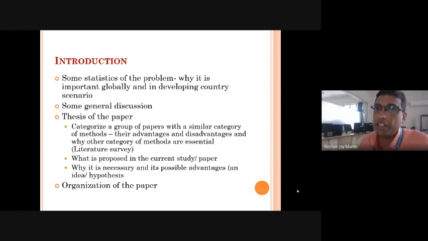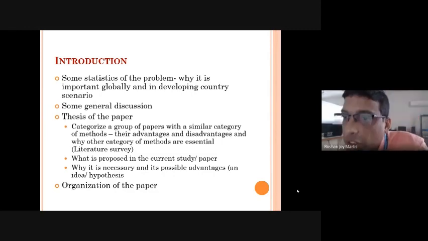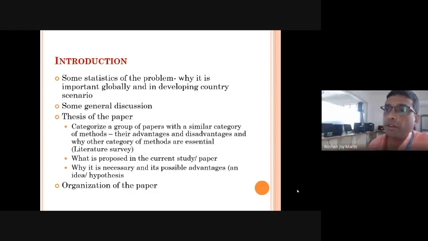Next is what is proposed in the current paper. Seeing all this literature, all the drawbacks in every literature, their advantages and disadvantages, you have to formulate your own problem, which was not solved by anyone else. Nowhere in the world must it have been solved. Then why is the problem you are solving that important? What are its advantages, etc.? This is also called the hypothesis, setting the problem. The problem is also called the hypothesis.